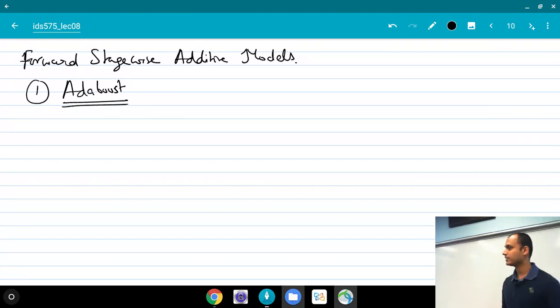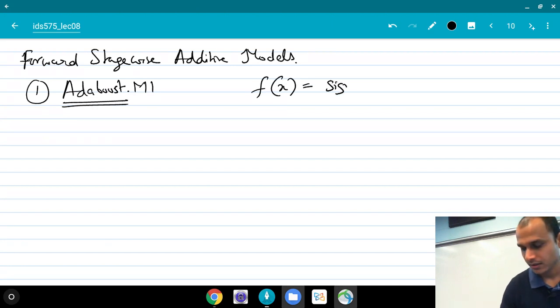So AdaBoost actually stands for adaptive boosting. And .M1 is the actual name of the algorithm that the inventors gave. So what is the model? The model is